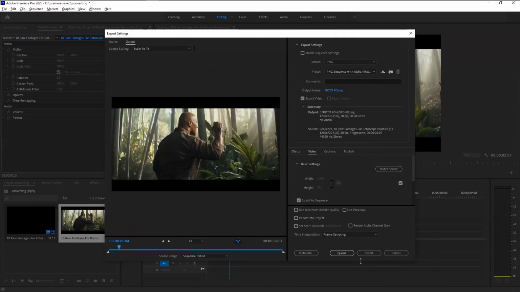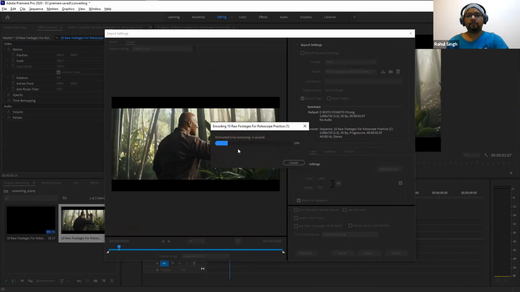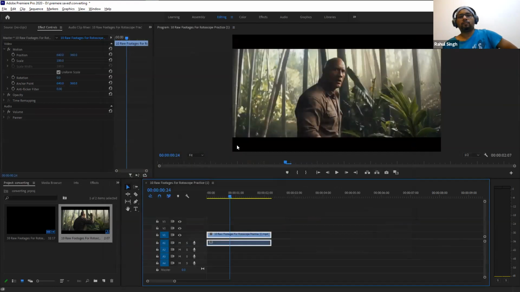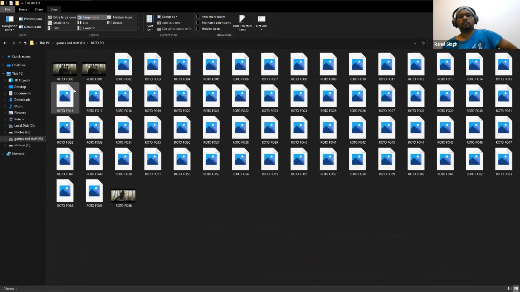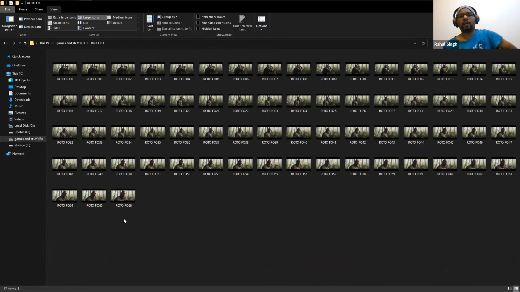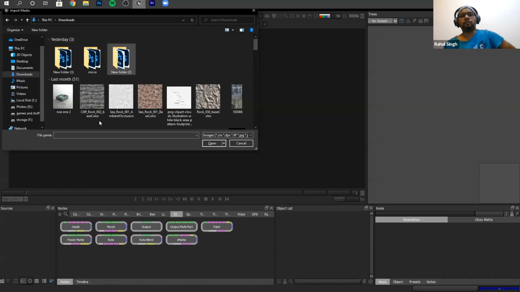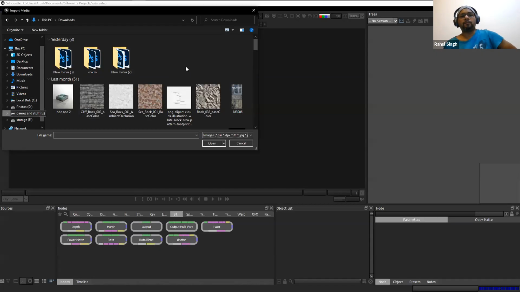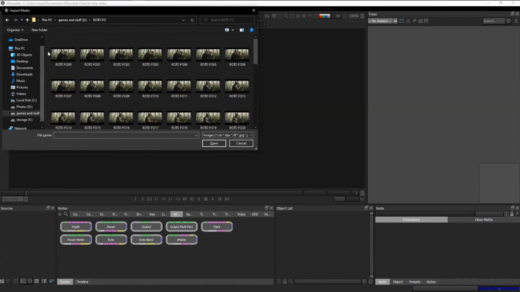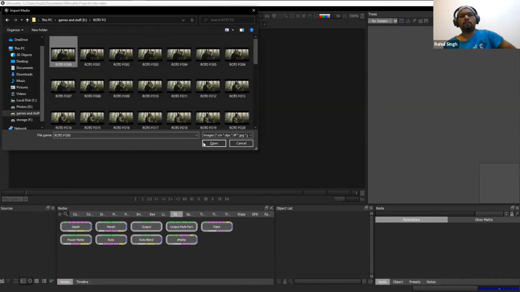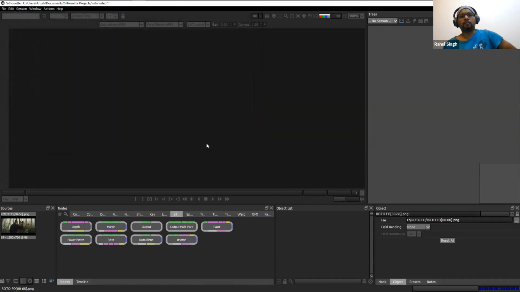Okay, sir, so now I have to export. Yeah. Now this file you can easily get in Silhouette. Now I have to export all the photos? No, just select one and open. It has come.